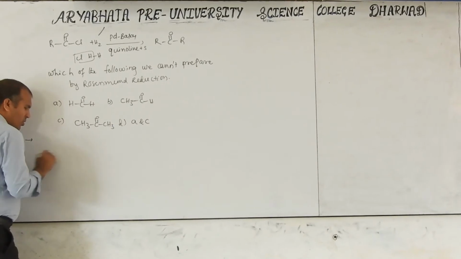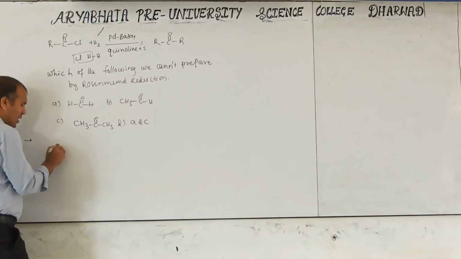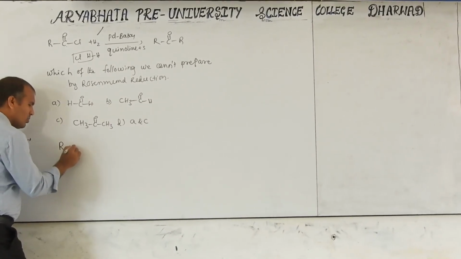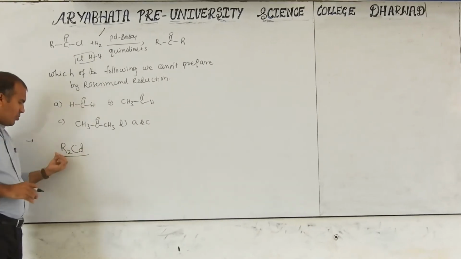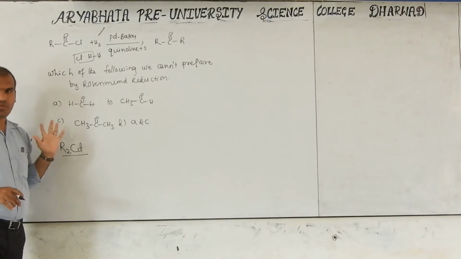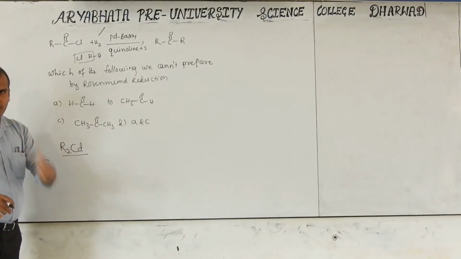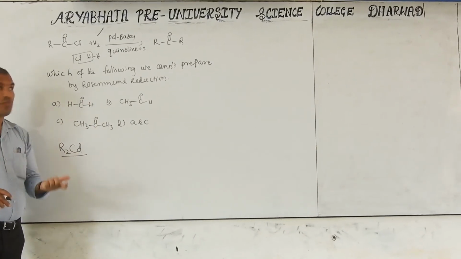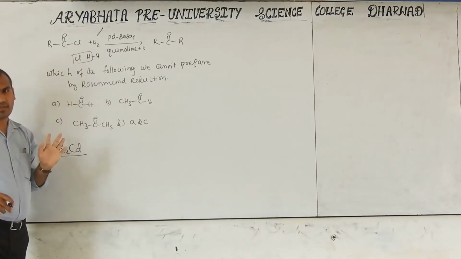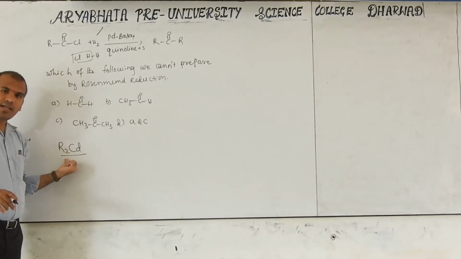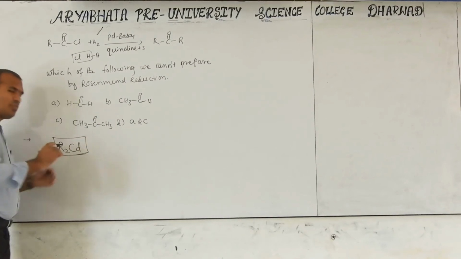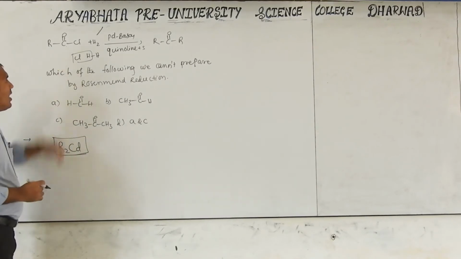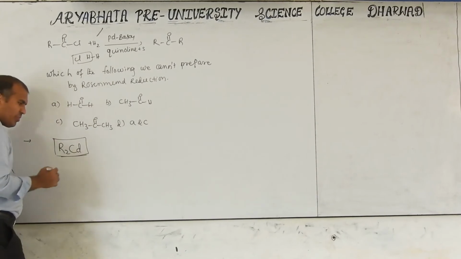So what do you call that? It is dialkyl cadmium, R2Cd. So to prepare the ketone we have to use dialkyl cadmium. This question was asked one time in a PhD exam: how to prepare the ketone by using an acid chloride. By using dialkyl cadmium. This is one of the reagents to prepare ketone from acid chloride. First, how to prepare this?